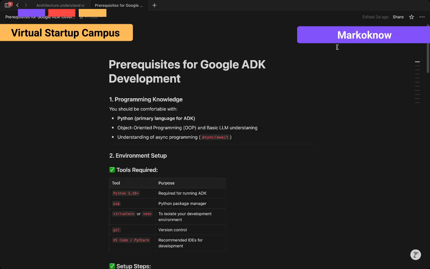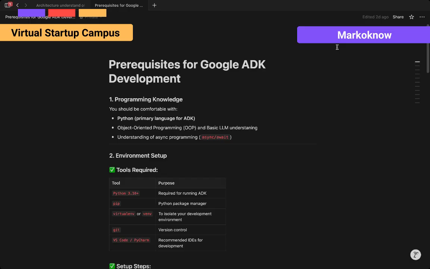Programming knowledge is all about Python and some OOPS, because we need to create classes for DB calling and so on. We should know the OOPS concepts well, and have some basic understanding of LLMs, large language models, and some basic NLP concepts that you have gone through before Google ADK development. I'm not saying it's very difficult to create these frameworks, but you do need some in-depth knowledge of LLMs. You should have prior knowledge,